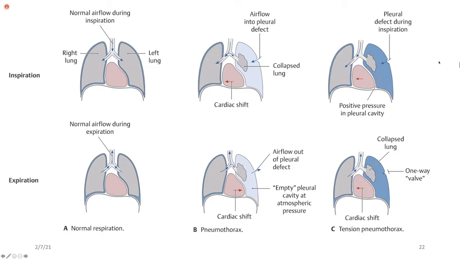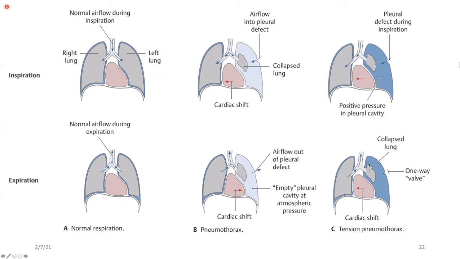So why is there positive pressure in tension pneumothorax but not in pneumothorax? In pneumothorax it is always negative, because there was negative pressure. That's why it was sucking in air. Air was sucked in and then it became positive. But here there's a valve-like situation. The flap has been raised. So the air which has to go out normally with each exhalation is not going out. It is being trapped. With each inhalation, more and more air is coming in, but nothing is going out. And that's what leads to tension pneumothorax.